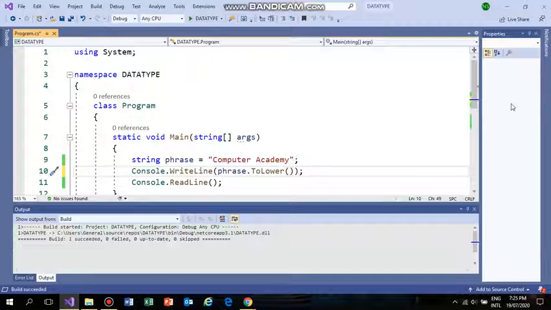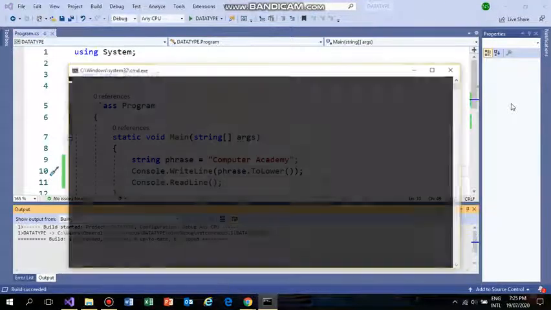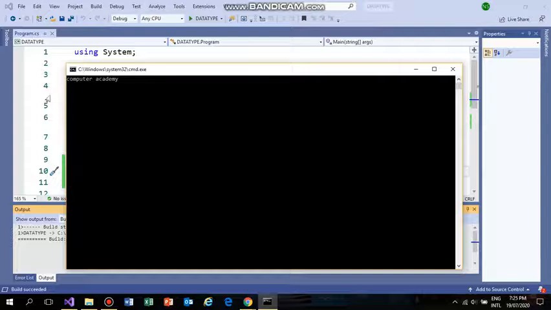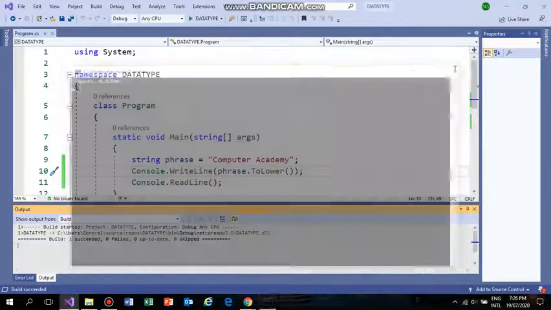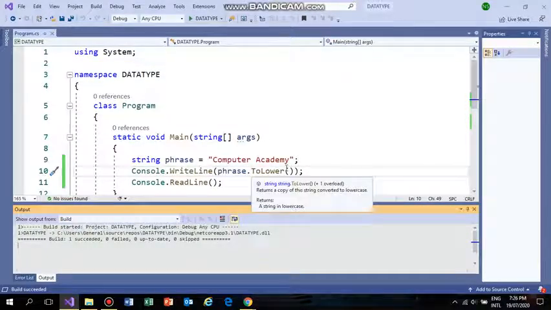So here we go, output, Control F5. See, this is Computer Academy and the compiler has converted the capital C into a small c here, and the capital A into a small a. That is what ToLower means, the lowercase alphabetically.